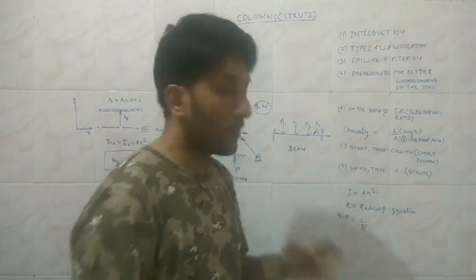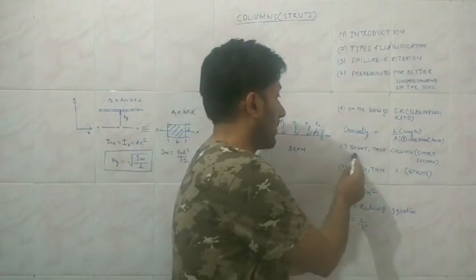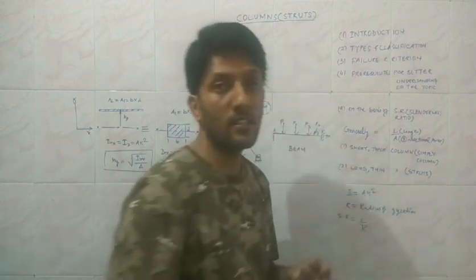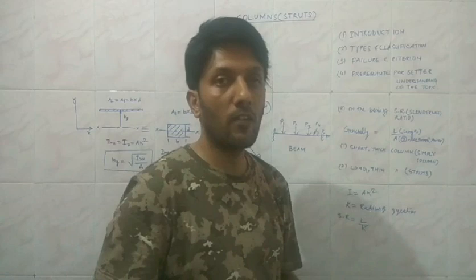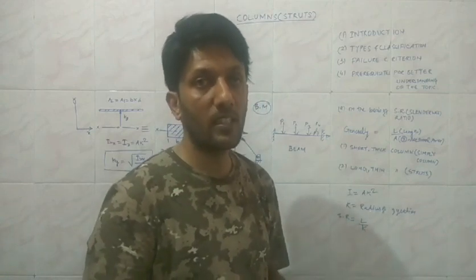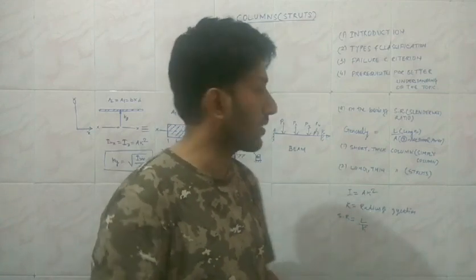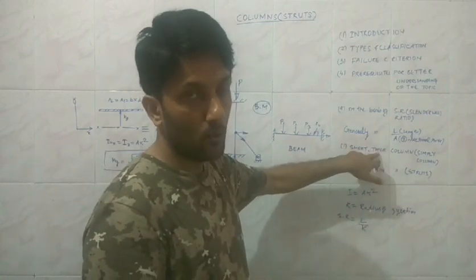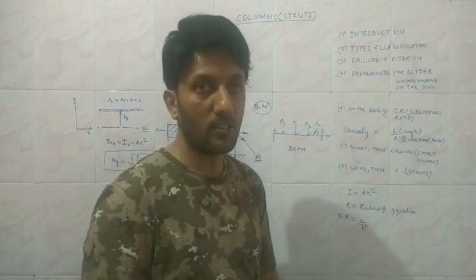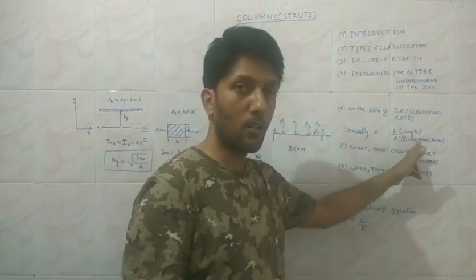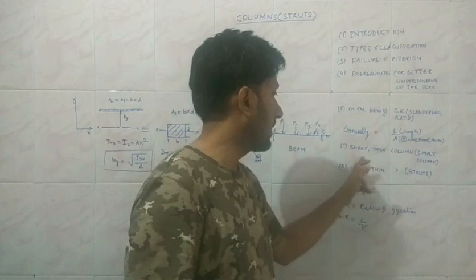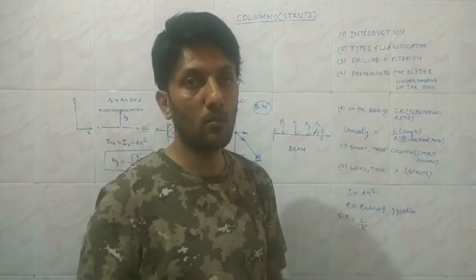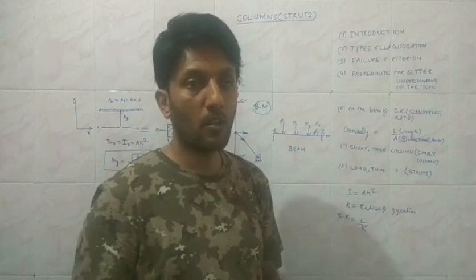And these two parameters are important because they classify whether something is going to be short and thick, or long and thin. If something has greater resistance to bending and greater resistance to direct loading, it is classified as short and thick. Thick means a greater cross-sectional area, so the magnitude of the cross-sectional area is very high, and short means the bending tendency of the column is comparatively low, because